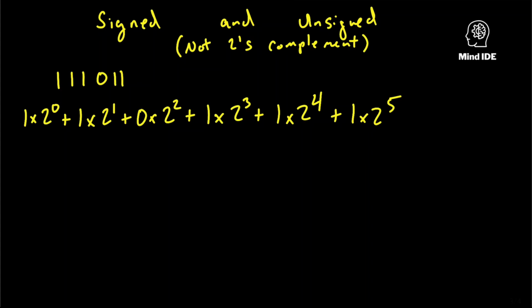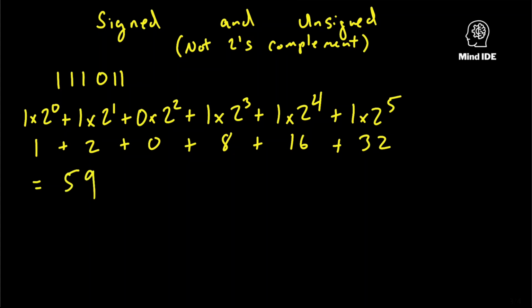And then we just convert this, so 1 plus 2 plus 0 plus 8 plus 16 plus 32. 32 and 16 is 48, 56, 58, 59. So that's what we would get just by taking it as an unsigned